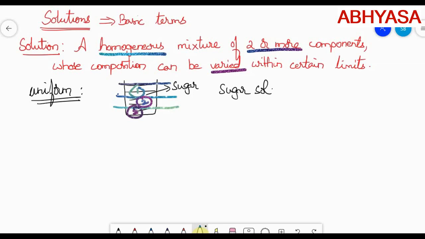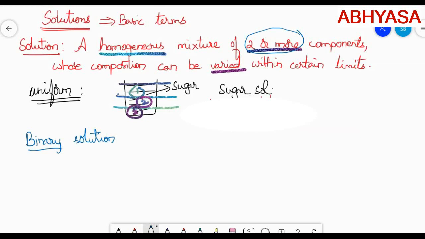So in the first part, second part or third part, it will be in the same proportion, and hence the properties of that particular part of the solution will be the same as that of the other. So then only we can say that it is a homogeneous mixture. So simply, homogeneous means uniform. In the definition of solution, we are saying that it can be two or more components. But in our syllabus, we have the solution which contains only two components. So that one we call as binary solution.